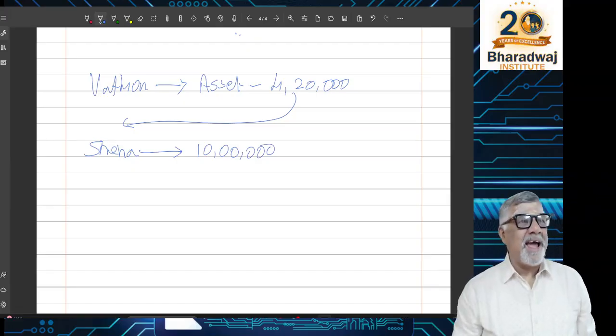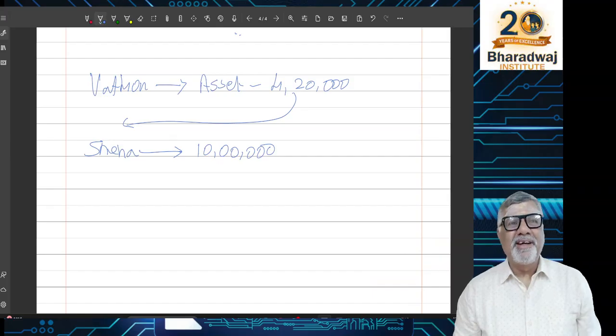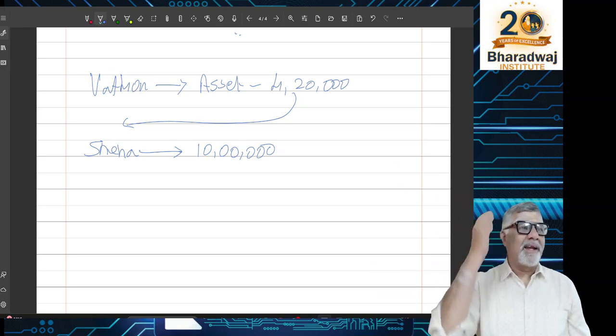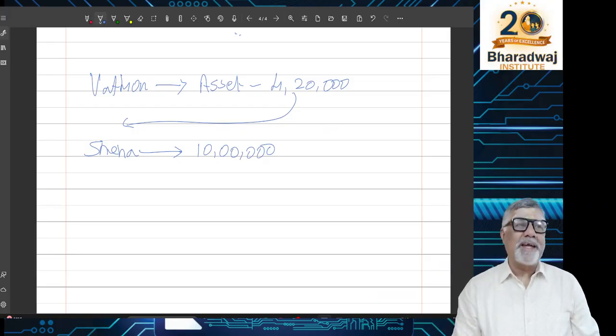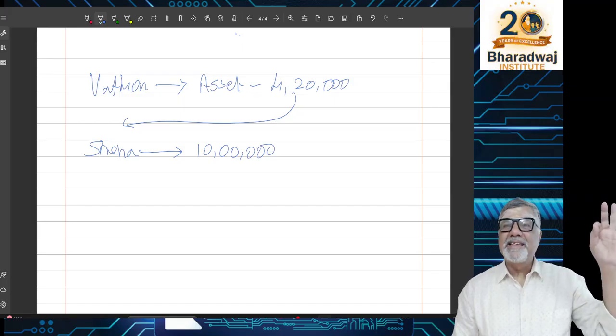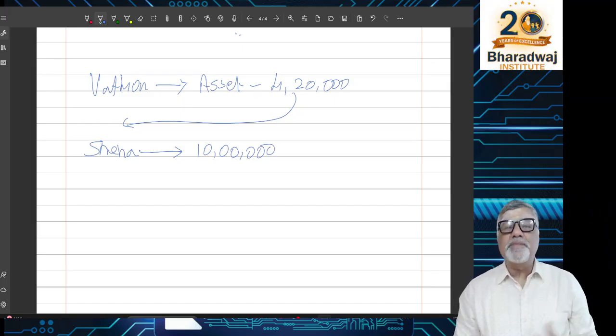So that Sneha can claim additional more depreciation. If I sell to Sneha for 4,20,000, she can only claim it for 4,20,000 into 15%. Instead, I'm selling it for 10 lakh. So came the provision. If an assessee is purchasing a second-hand asset,